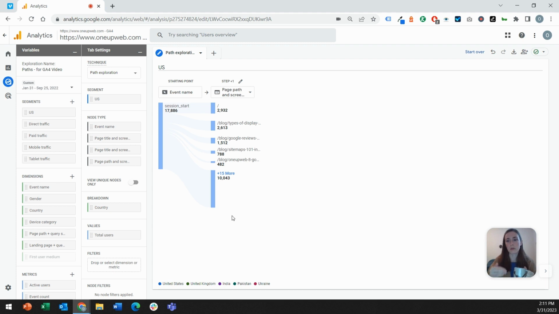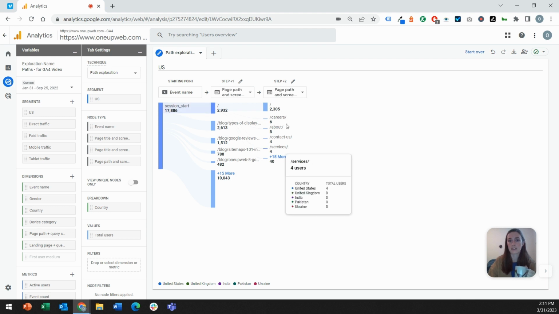All right, and you can interact with this however you'd like and go through various user paths. For example, we might want to see how a user's behavior differs whether they entered the website through the homepage or through a blog post. So to look at what they did when they landed on the homepage, we would click up here on the homepage, and then it takes us through the next steps in their journey. So let's see, I'm interested in those who started on the homepage and went to a service. I would click there, and you can continue to click through the journey until it ends. Some of these are quite a bit longer than others, so you can see how that plays out.